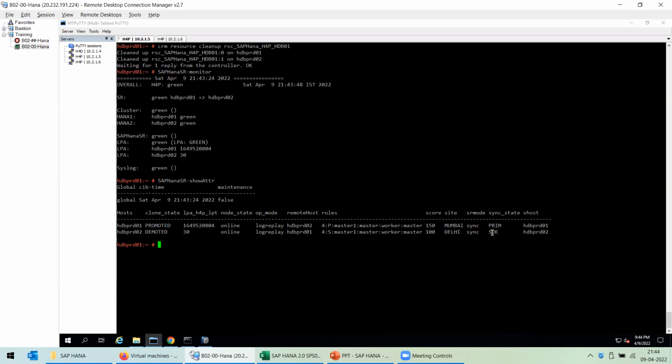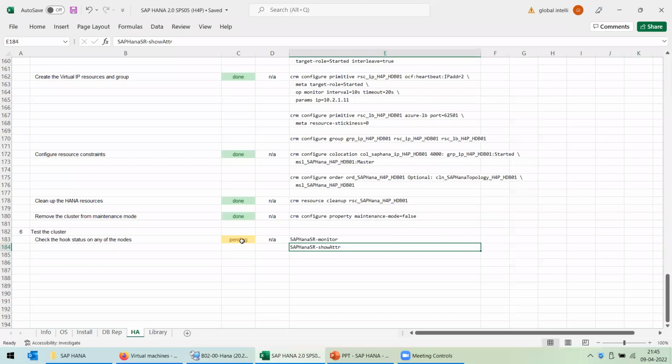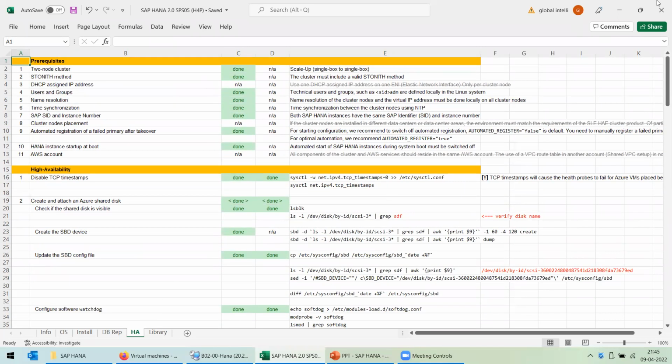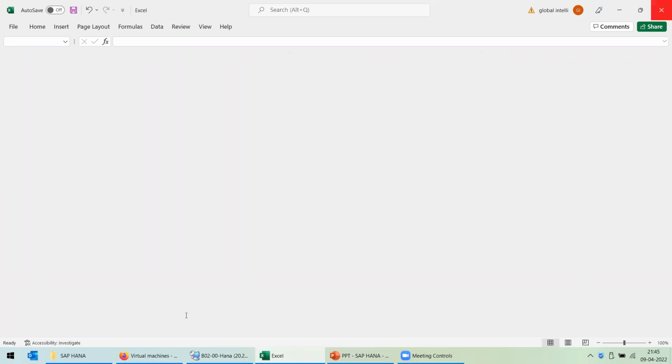This has to be SOK. Otherwise, when you do a failover, it will fail. If this sync state is not SOK, then the takeover will fail. This is how you can check it. Now let us do some failover testing. How can we test our